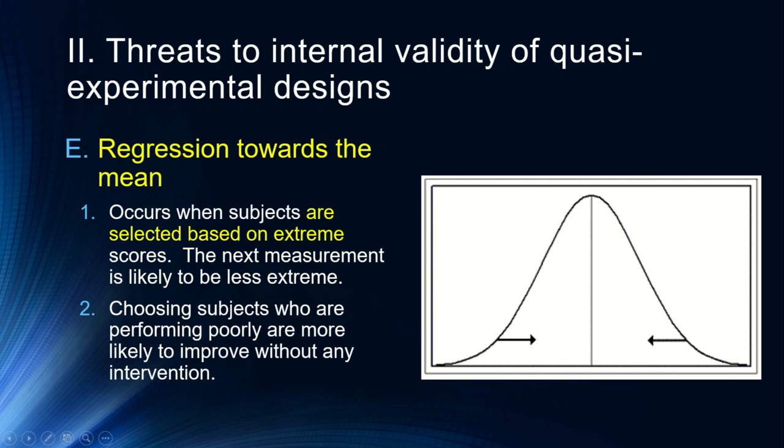If we test them again, their scores are likely to be closer to the mean. That is, they're likely to improve if they had bad scores, and they're likely to get worse if they had great scores. This is just simple probability at work, and this has nothing to do with really anything but probability, and that's one of the things that's really important to understand. So if we decide we're going to intervene with participants who are having very low verbal ability scores, and then we test them again, their scores are probably going to improve